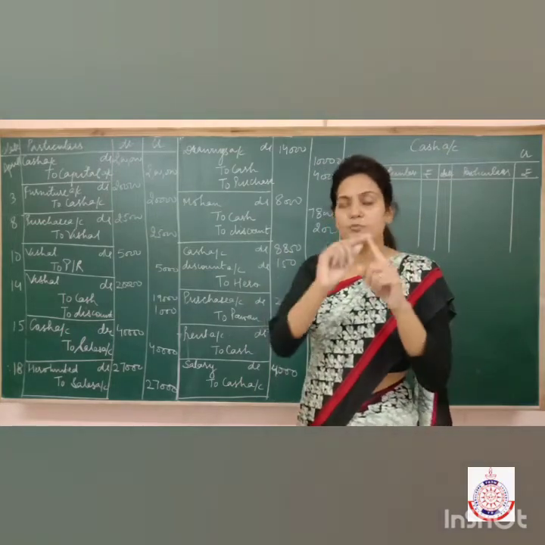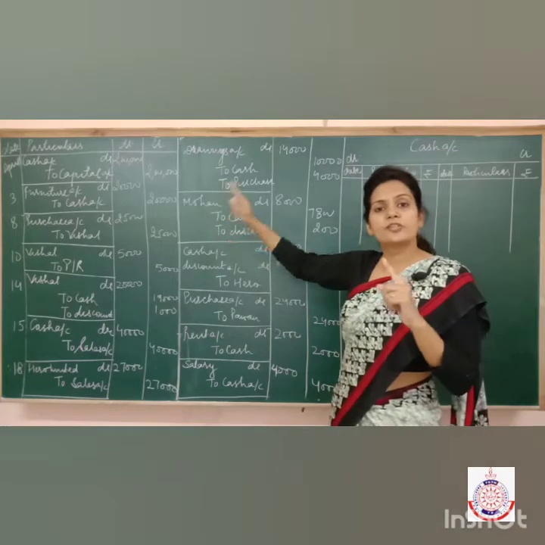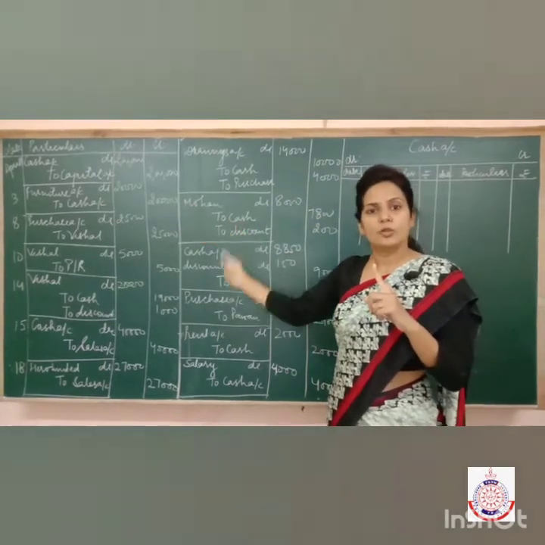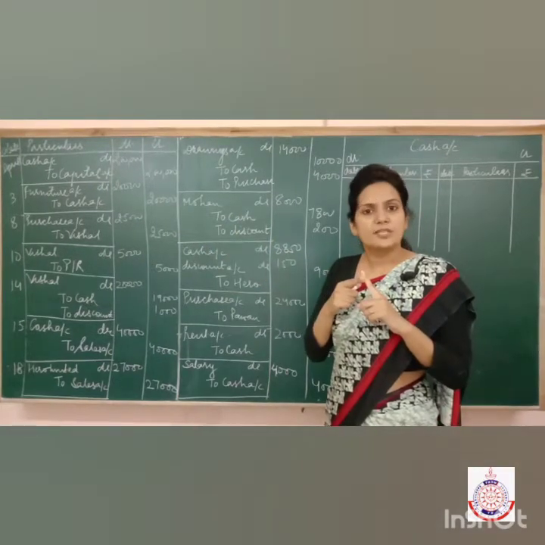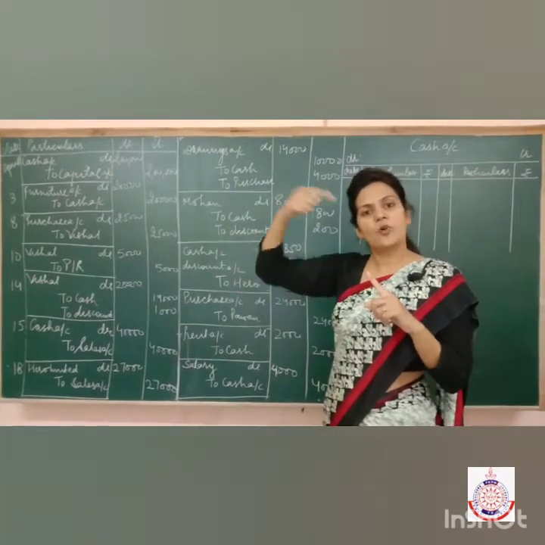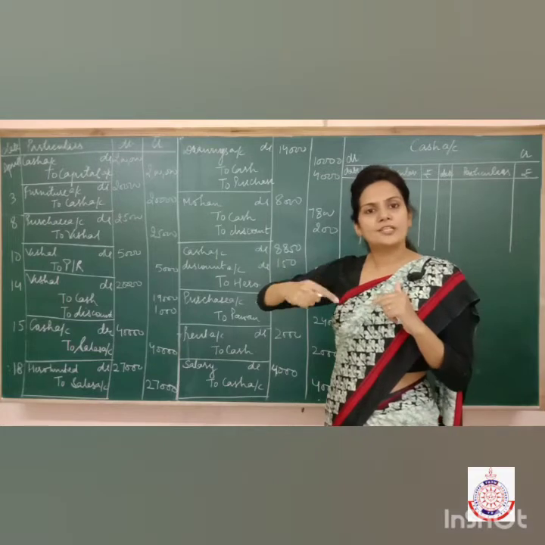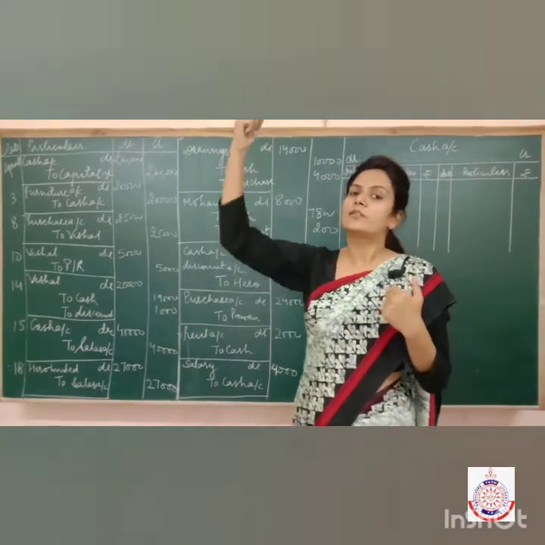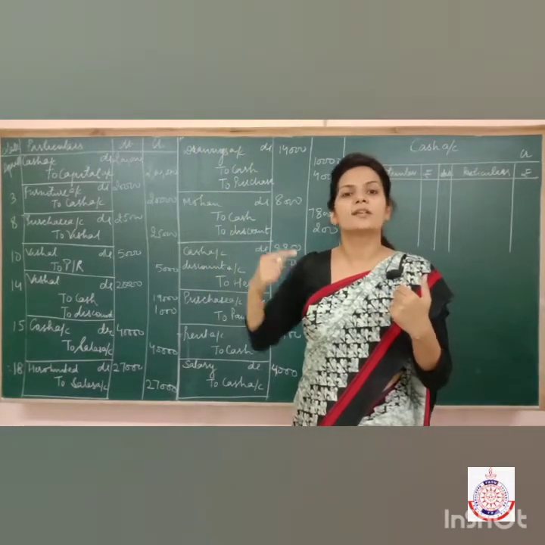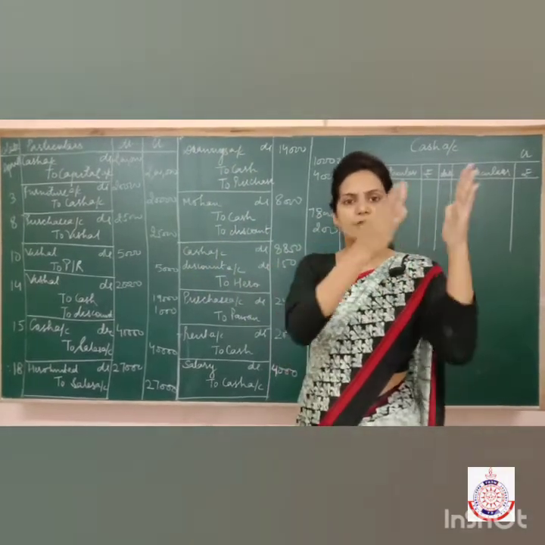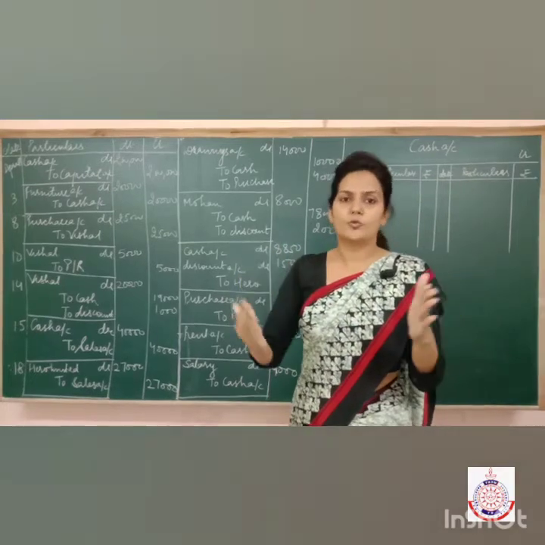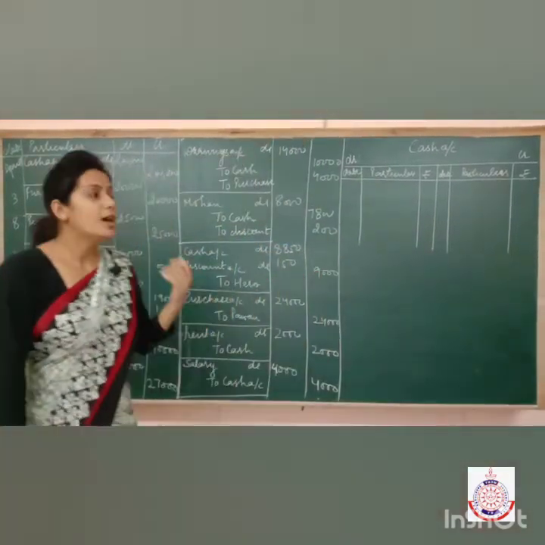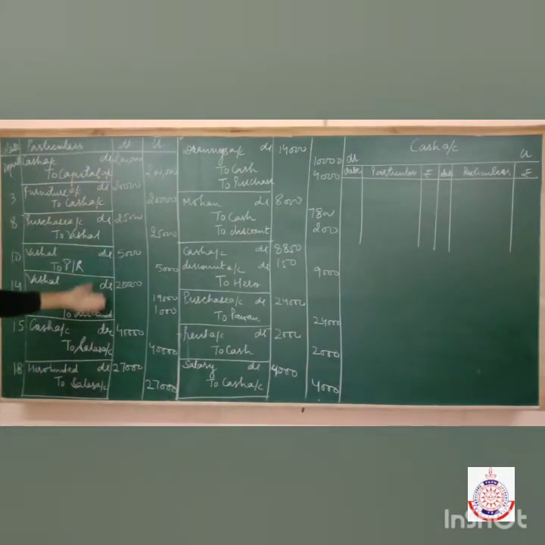One part of the journal is the cash book. Got it? So how will a ledger be made from the cash book? Another part of the journal is the purchase book. Then how to make a ledger from the purchase book, or how to make ledger accounts from the sales book. This we'll do when we do the chapters on cash book, purchase book and sales book. As we do those chapters, I'll tell you how to make ledger accounts out of them. But today I'm going to tell you how to make ledger accounts from normal entries.